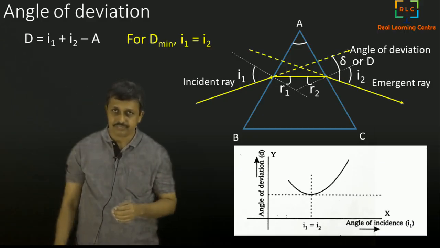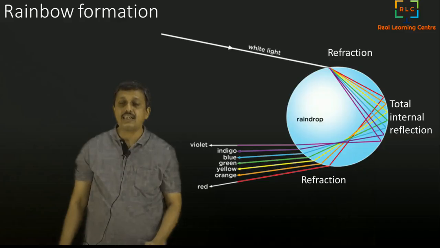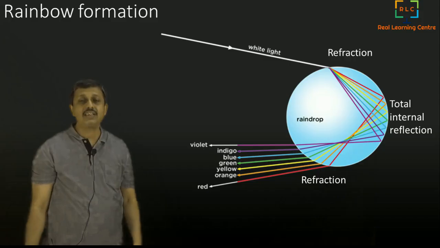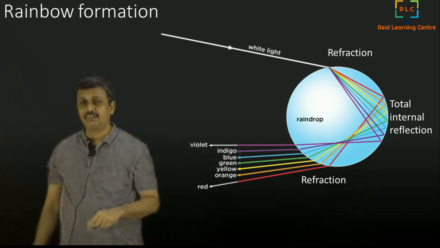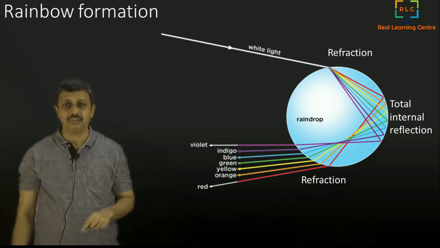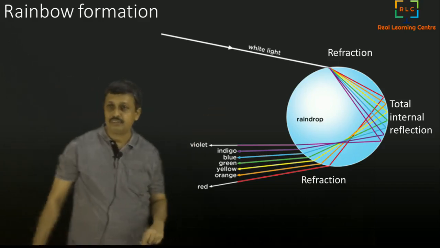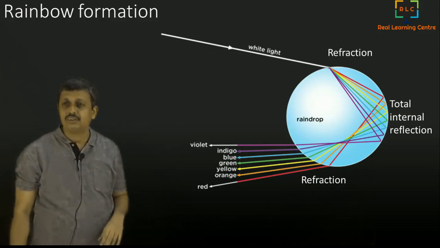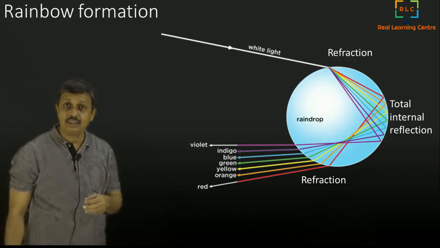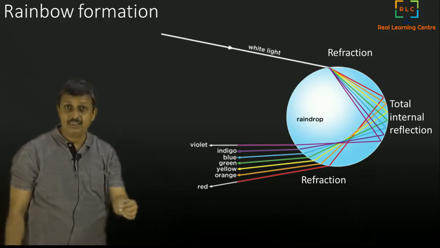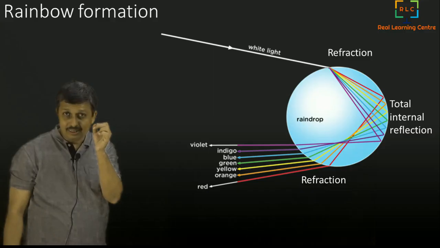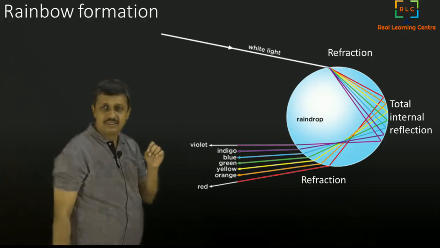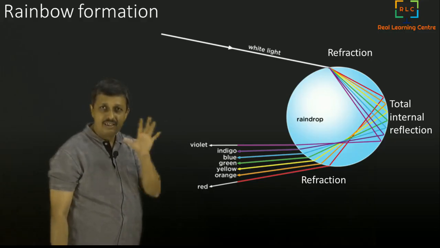Now, let's understand the rainbow. The more interesting thing is the rainbow. How does a rainbow happen? Is there a prism there? There is no prism actually. It's a raindrop. Assume that this is the raindrop, a very small raindrop. It's not a big raindrop, and this is not when rain is falling. It's almost a droplet, a kind of vapor of water. There are small droplets in between the air.